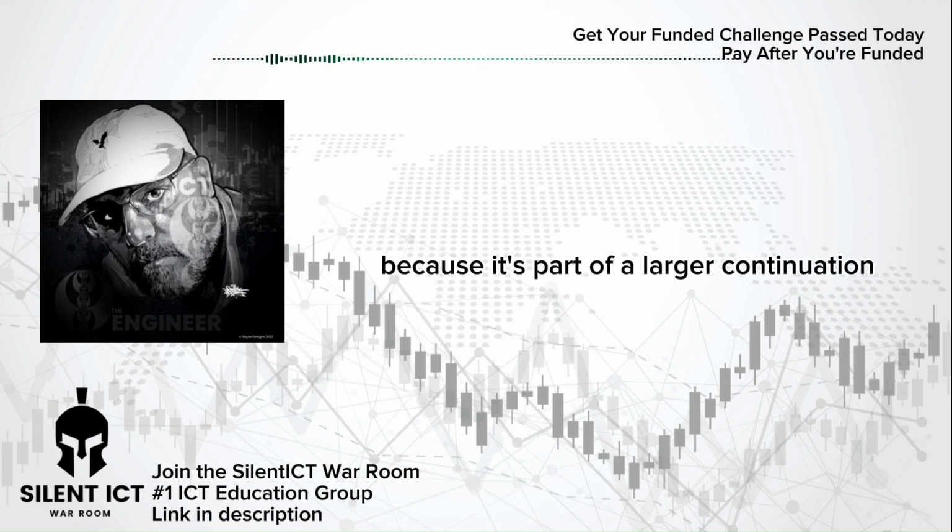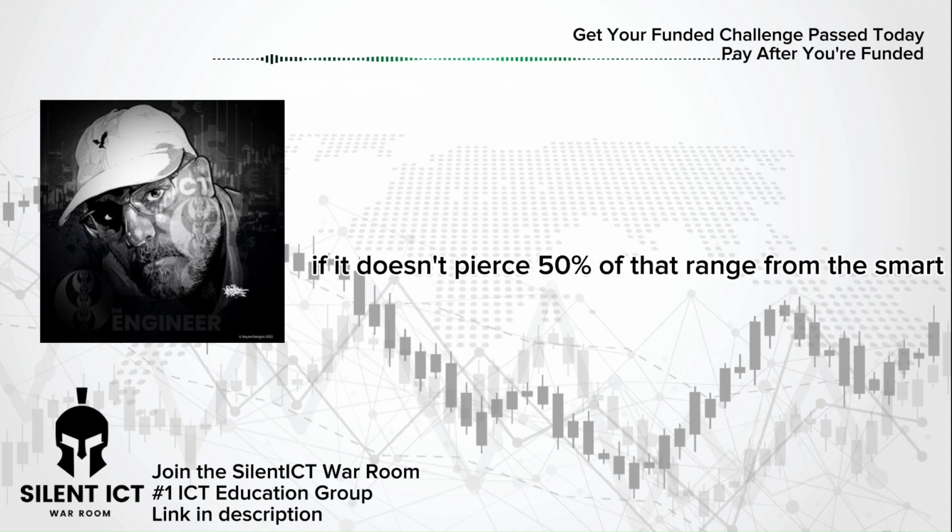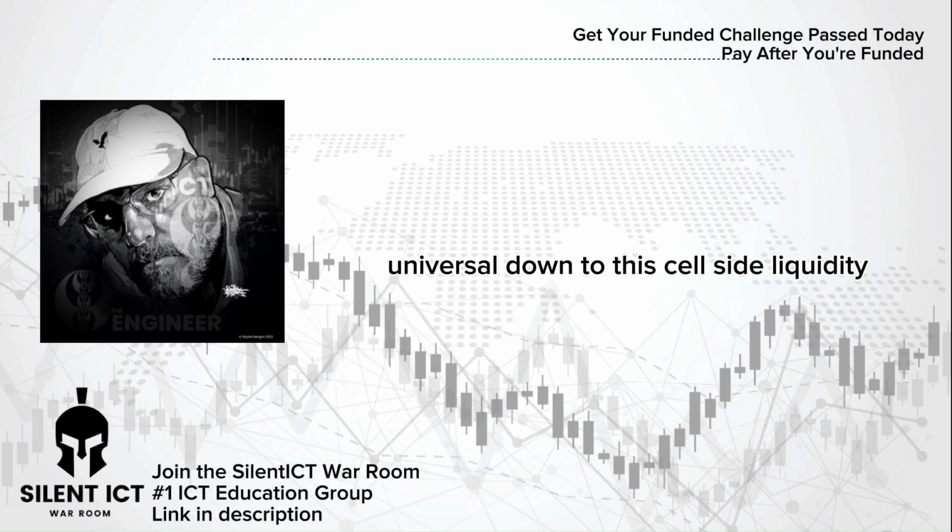Why would it do that? Because it's part of a larger continuation. So when and how would I determine when it's going to fail? That first leg of redistribution on the sell side, if it doesn't pierce 50% of that range from the smart money reversal down to the sell side liquidity, if it doesn't do that,